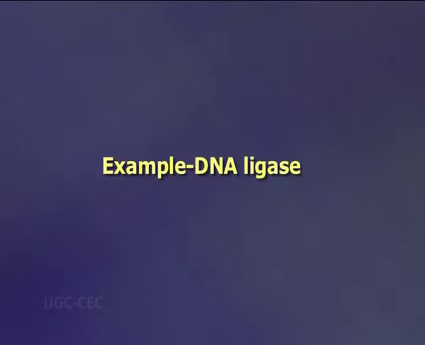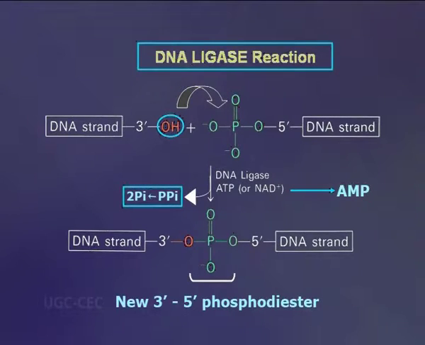Example, DNA ligase. A very important ligase enzyme which will be focused on here is DNA ligase. It catalyzes the ligation between the breaks in DNA by forming a phosphodiester bond. There are different forms of the enzyme and they catalyze different breaks. That is, in mammals, there are 4 different types.